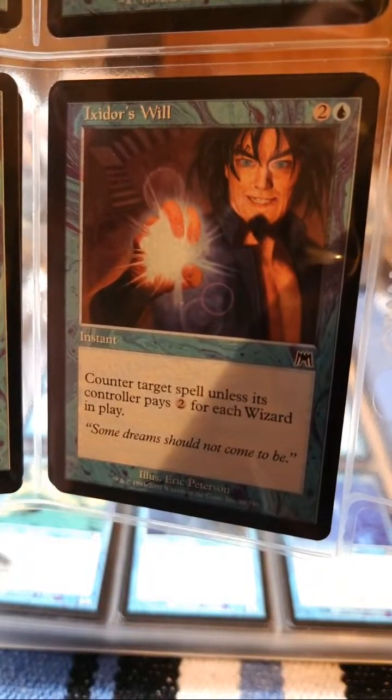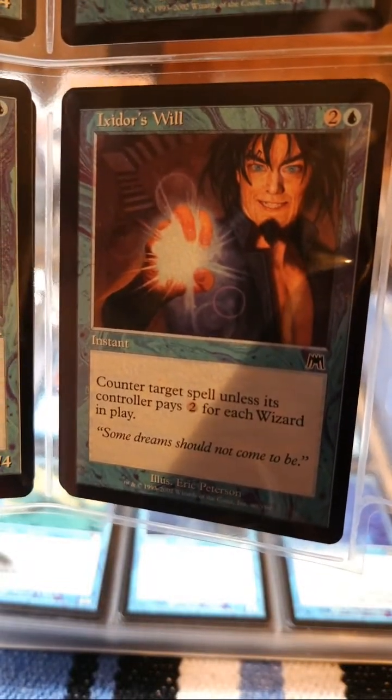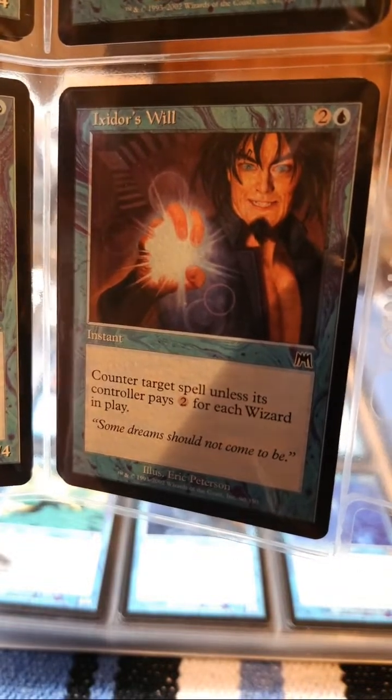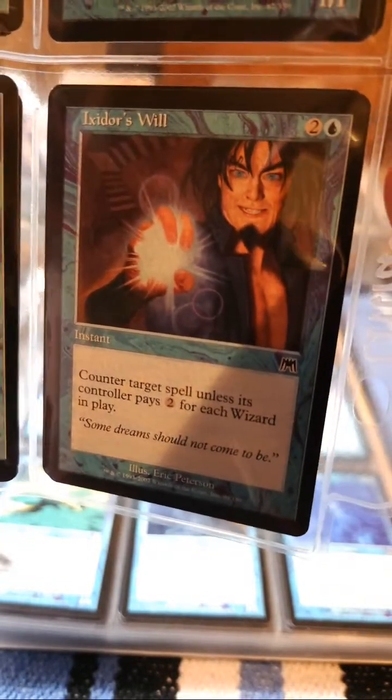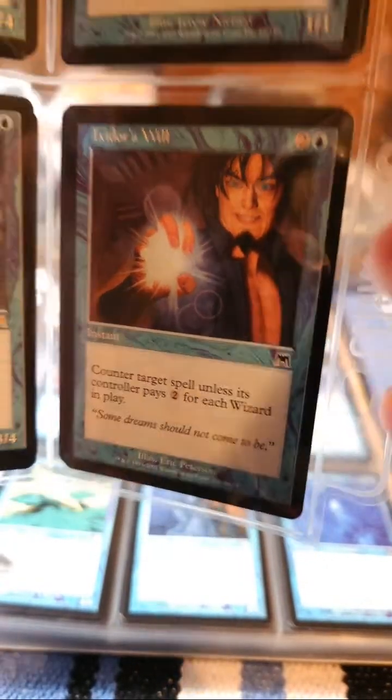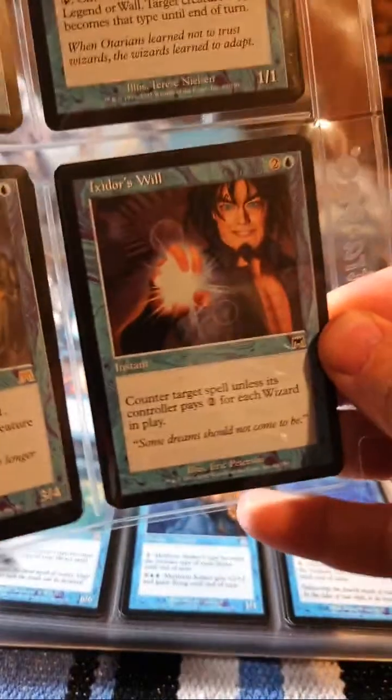Extor's Will. I remember this being used a little bit more commonly. Counter target spell, unless its controller pays 2 for each wizard in play. If you're playing a wizard deck, it's still not the best counter spell. Usually you can find a lot of things that counter things for 2, but...